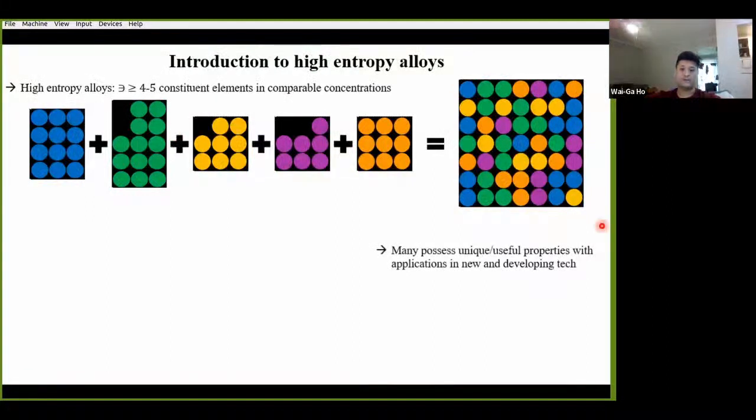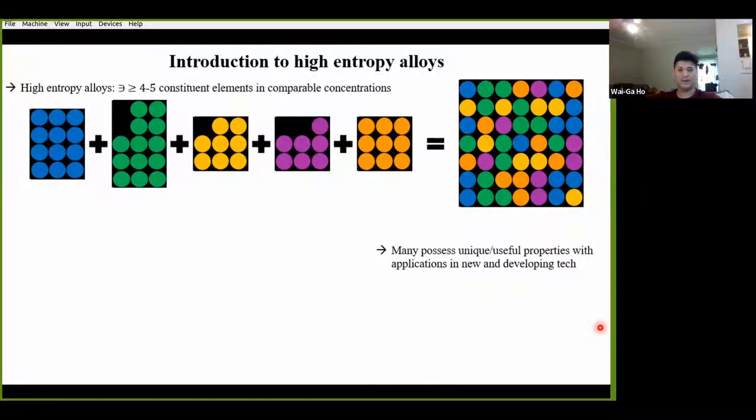It is both the diversity and the relative abundance of these principal elements that contribute towards some of the remarkable properties that these high entropy alloys have shown over the past 20 years or so they've been around. Some high entropy alloys, for example, have outperformed other conventional alloys in terms of things like material strength or resilience to high pressure and temperature conditions, as well as resistance to things like corrosion or radiation damage. In other examples, these materials have also been shown to have some pretty novel electromagnetic properties as well, for instance, superconductivity and other less conventional forms of magnetism.